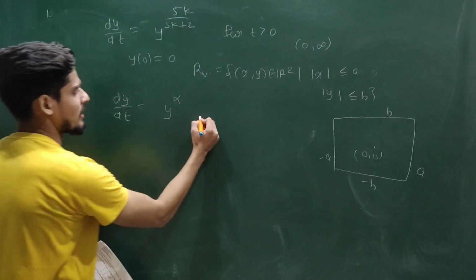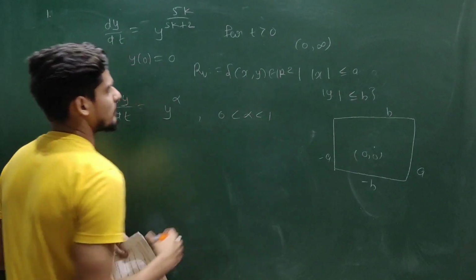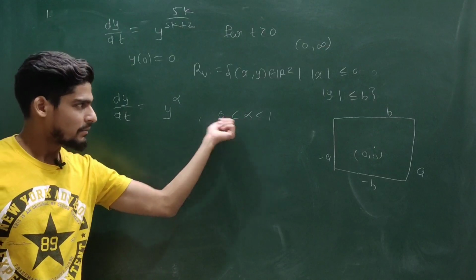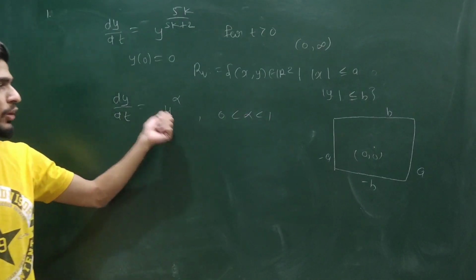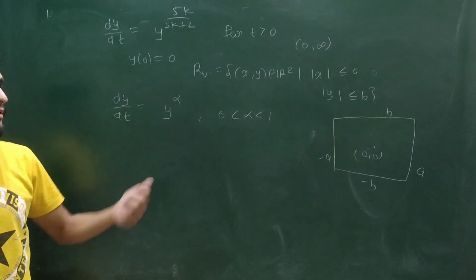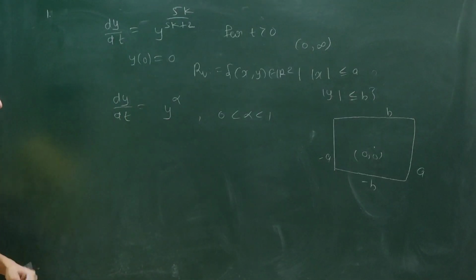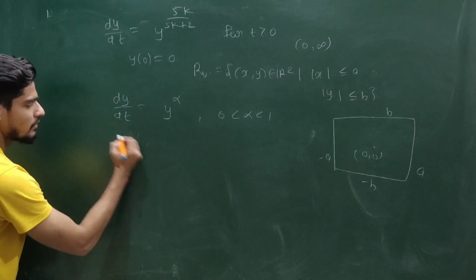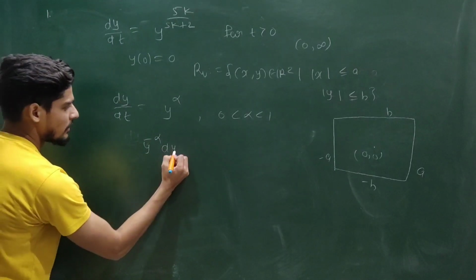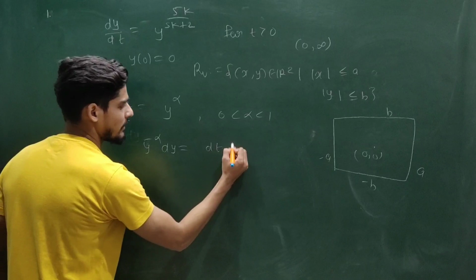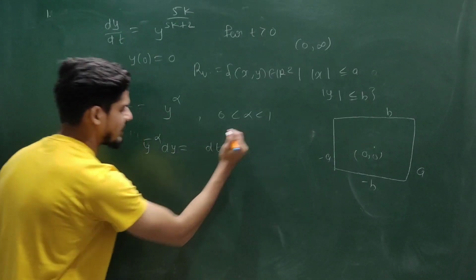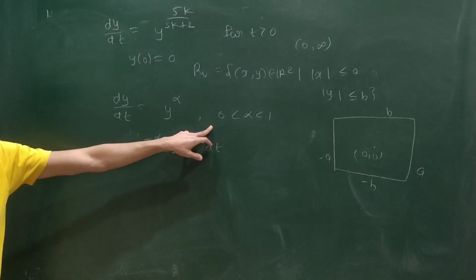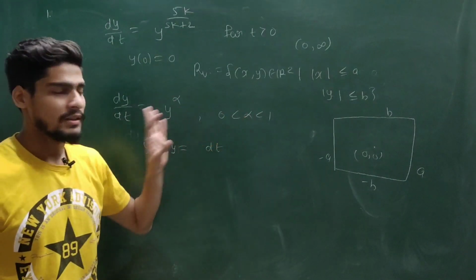I am just writing alpha, where alpha is a fixed number between 0 and 1. If you choose alpha between 0 and 1, then you can find the solution and discuss all the options. If you see, this is dy by y power minus alpha, dy is equal to dt plus c. Clearly this function is not Lipschitz continuous in the neighborhood of 0, 0. So we cannot give the guarantee of a unique solution.